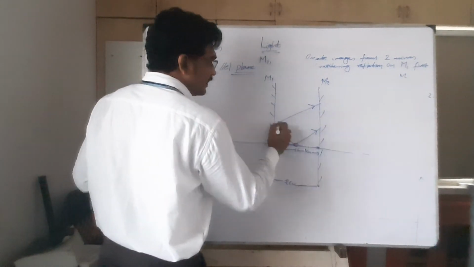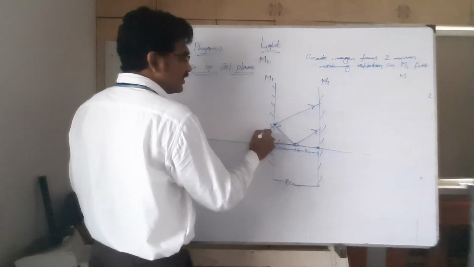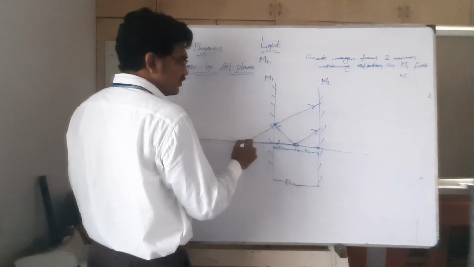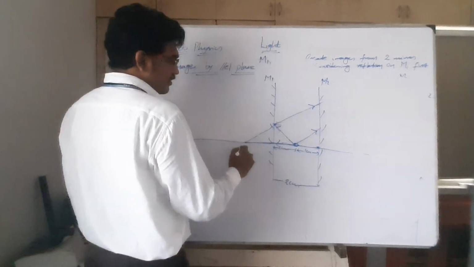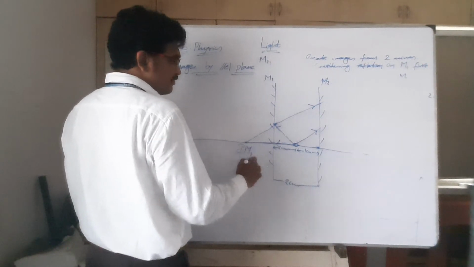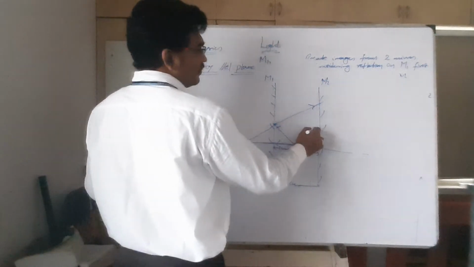Now this reflected ray and this reflected ray cannot meet, so I extend it back. Now what is this one? The image first formed on M1. Similarly, you take this one,